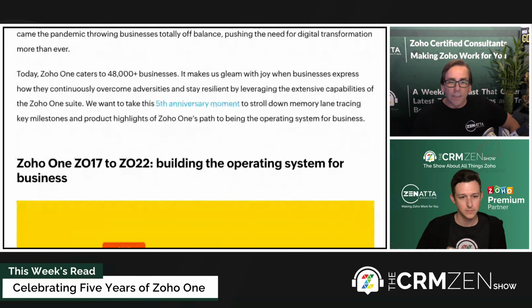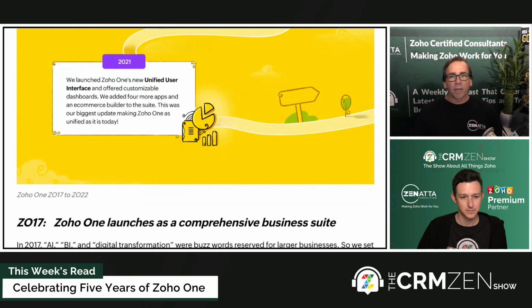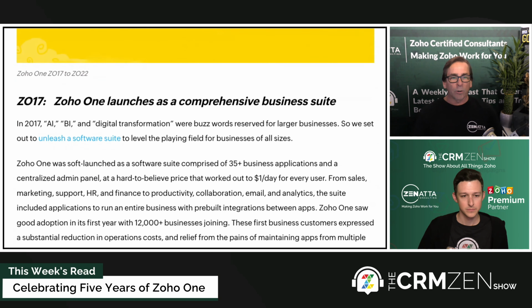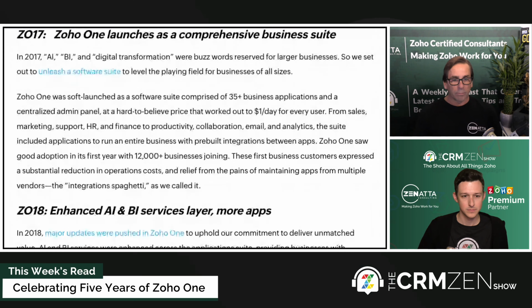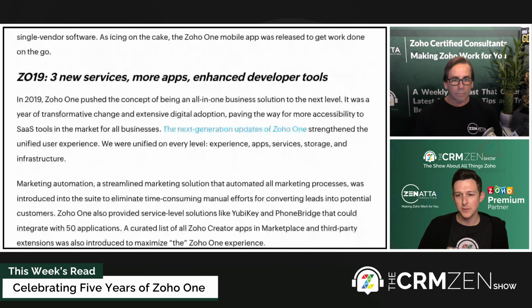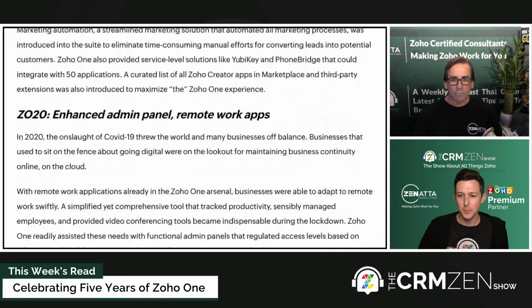They've made so many refinements to it. The unified user interface. Initially when they did it, it was like, "Hey, here are those 35 apps. They're in a bundle," and while it was a great bundle and a heck of a deal, that was kind of the bargain. But now they've made it so that it's kind of its own little operating system. It's the operating system for business, and you can manage all your users from one nice dashboard. They've made a lot of nice changes, and this article sums all of those up. I think the majority of our customers end up on it because once you start using one app, you use another, it becomes a no-brainer to roll over to it.